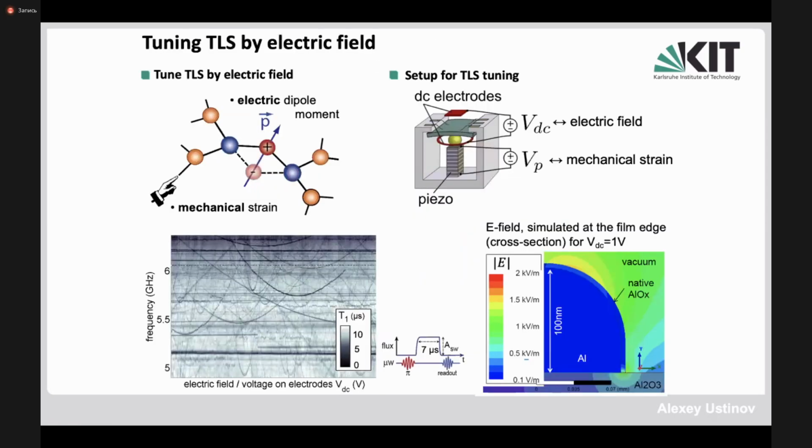Moreover, more recently, we learned that having those defects here in superconducting qubits makes it also possible to influence them not only by strain, but also by applying electric fields. If the defect is in the surface of the sample, then applying the electric field by a gate, which is simply a piece of metal lifted above the surface, influences the electric field on the surface, and these defects will change their frequencies. And this experiment was done,